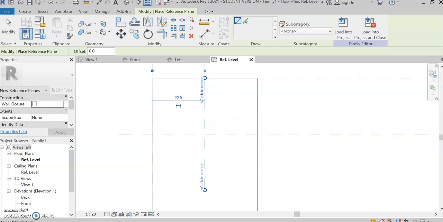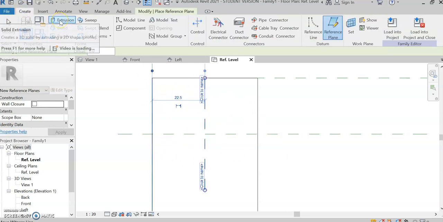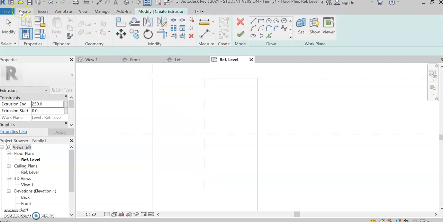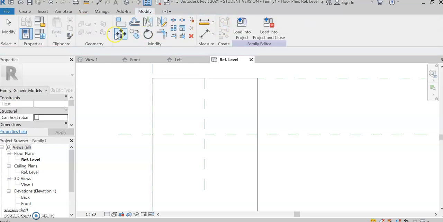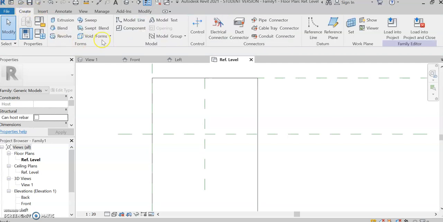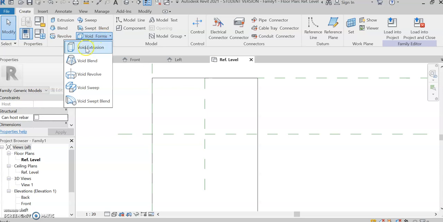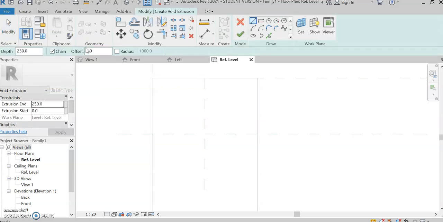I'm now going to create an extrusion. This time it's going to be a void extrusion, so I need to cancel that. I press extrusion rather than... So I'm going to create a void form, void extrusion. I'm going to do it as a diameter. Now this dowel is